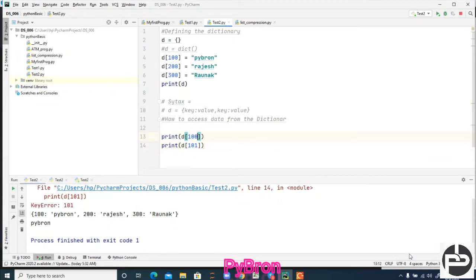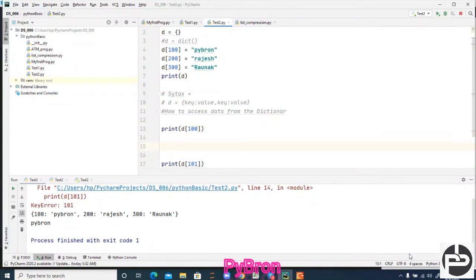Okay. So again, a real-time problem which I faced in the past. Suppose the user is fetching the output with 1001 and 101, and that 101 is not present in our database. So your program will fail at that moment. What you can do at that time? So you have to apply a check here. So how can we overcome this problem?